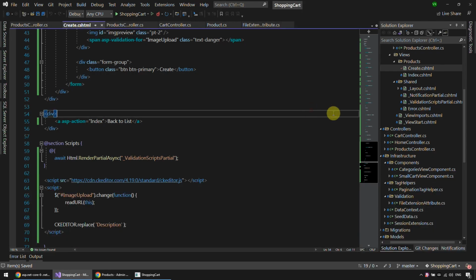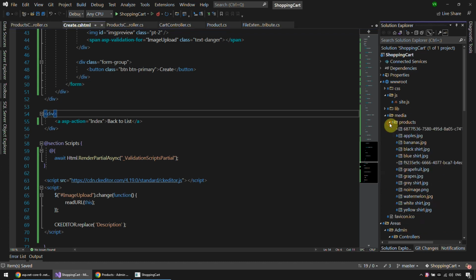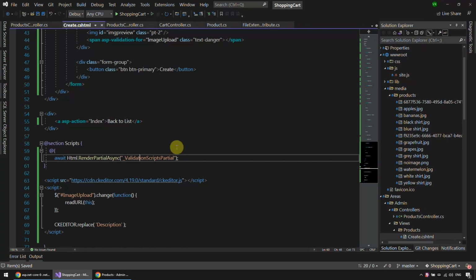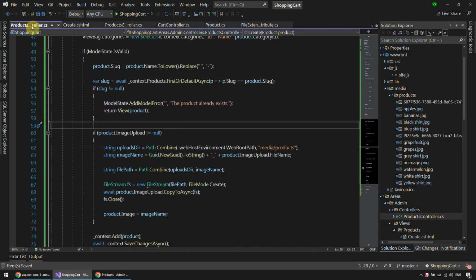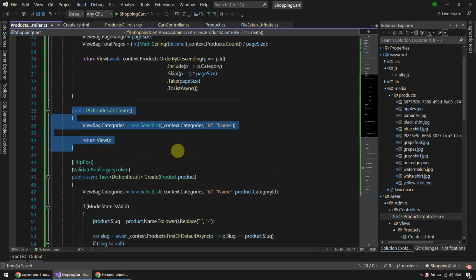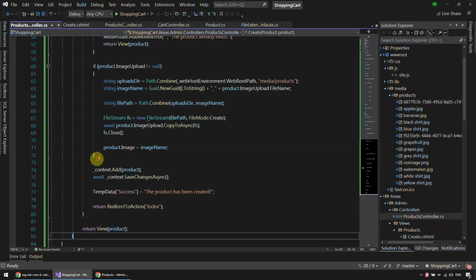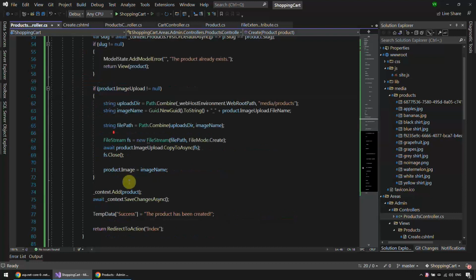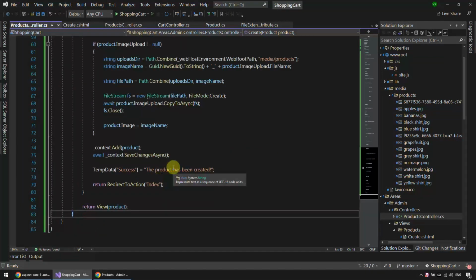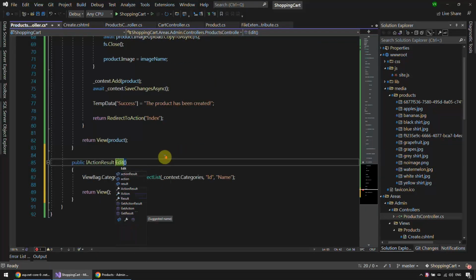And let's also just check our images here in the project. So media products, and here are the new images with that GUID. Okay. Let's now handle edit, both get and post, hopefully. So I'm gonna copy this create, and paste that there. So this is gonna be edit,